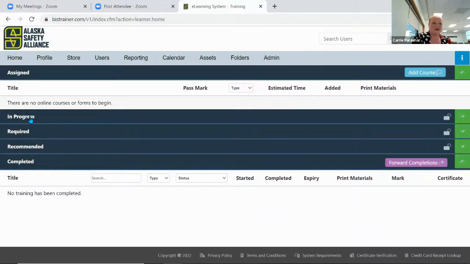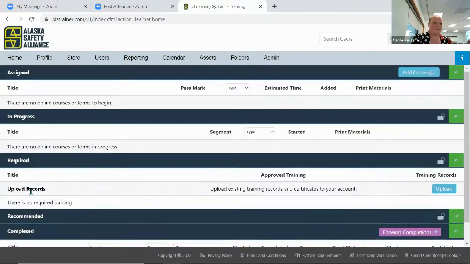All right, so again, you can see if they're in progress, if it's required, recommended, etc. Okay, and I don't want to go too far into that. I'm not trying to teach you how to assign courses quite yet. We're going to move on because I wanted to show you the tabs and then again the icons on this website. So the next thing we're going to look at is,